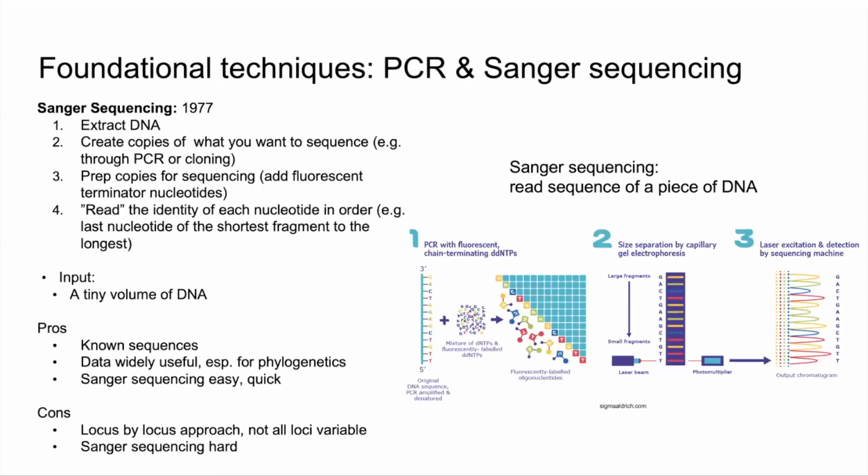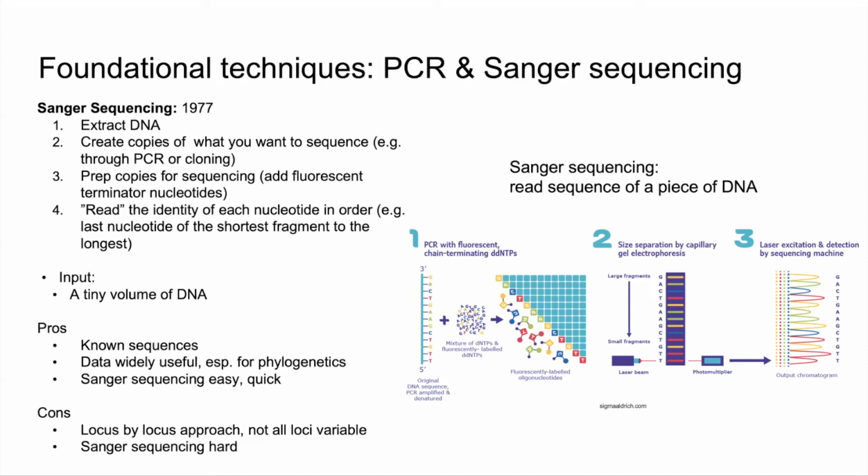PCR is often followed by Sanger sequencing. Sanger sequencing was developed a little bit earlier than PCR in the 70s. And so to complete a Sanger sequencing run, you would have DNA, you would amplify that DNA through PCR to create lots of copies of what you want to sequence. You could also clone the DNA, but instead of doing PCR, you would then do a PCR-like reaction to prepare your copies of DNA for sequencing, and that's basically adding fluorescent terminator nucleotides to the end of your molecules to